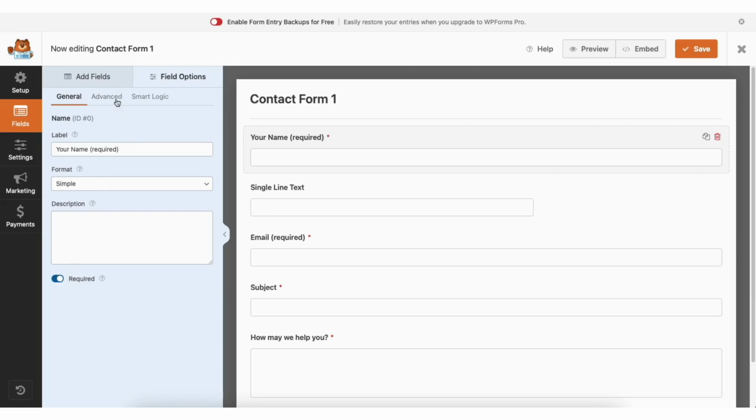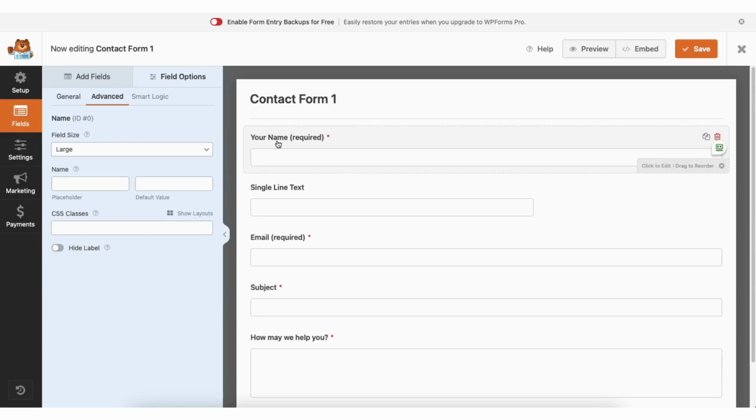If you click Advanced, you can click the part of the form you want to change, and you can select between the size of the form field for that area and then change if you want anything to show in the form field where they input their information. Click Save to save changes. When you are done, click the X button.